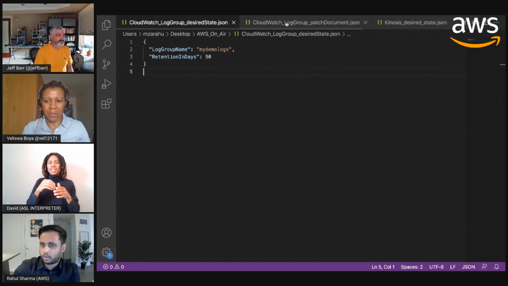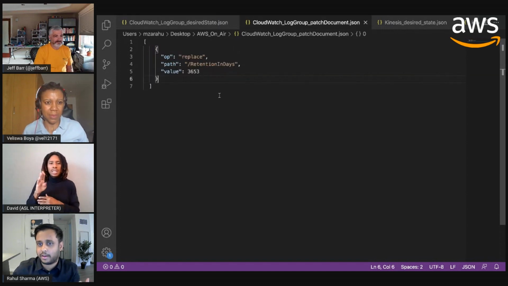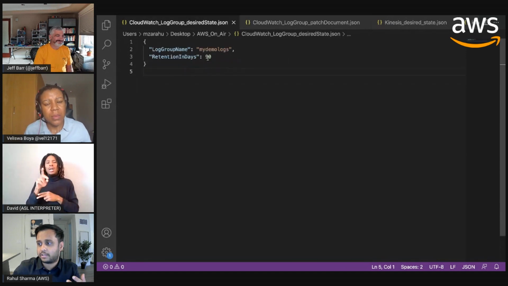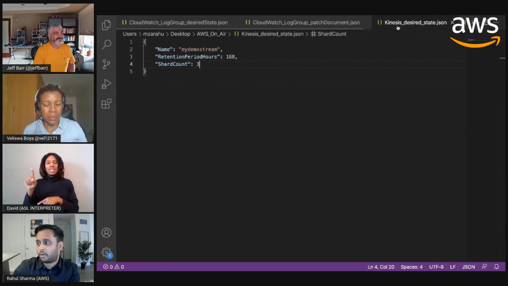I also have a few other configuration files. This is a patch document, which I'm going to demo, wherein you will see I'm going to update the value of retention days of the CloudWatch log group from 90 days to 10 years, which is 3653 days. For kinesisStream, similarly, I am going to specify the